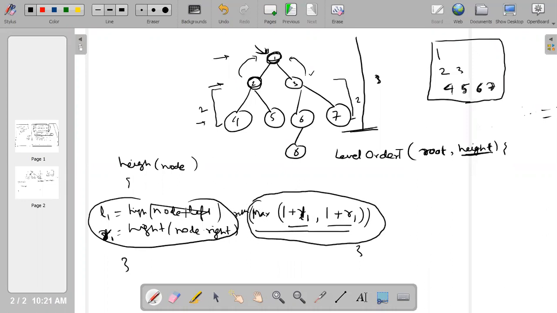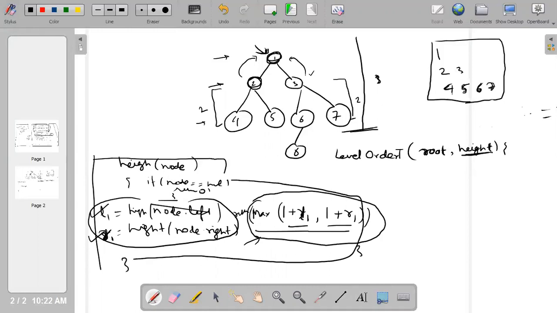So after the hypothesis, what extra thing am I doing? In the previous example we were printing the things, but in this example I am getting the maximum of the return value of this and the return value of this. So hypothesis and induction is clear. Now I have to get the base condition. The base condition is, if node is equal to null, then I'll return 0. So this is done. So I know the height of any tree. Okay, so this is the way we can calculate the height.